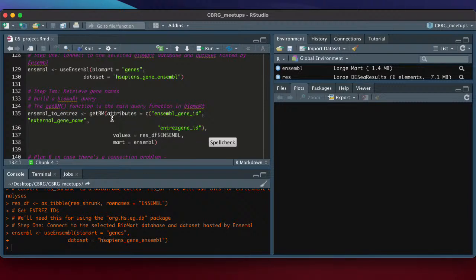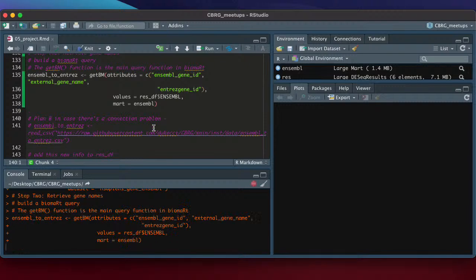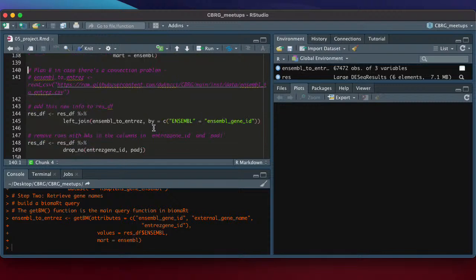And that's this here. Again, I'll skip the details of these lines because this was covered last week using the getBM function. We use our Ensembl IDs as the query, and we are retrieving the Ensembl ID, the external gene name, which is the gene symbol, and the Entrez IDs. So I'll just run that here. The reason we're doing that is because the database we'll be using predominantly uses Entrez IDs, so we need Entrez IDs for the subsequent code.